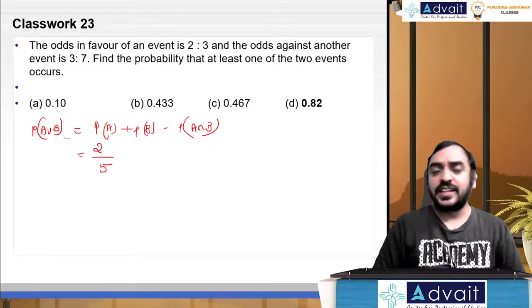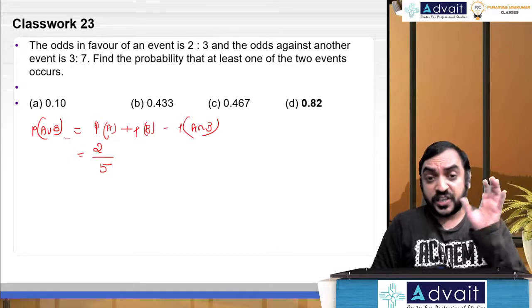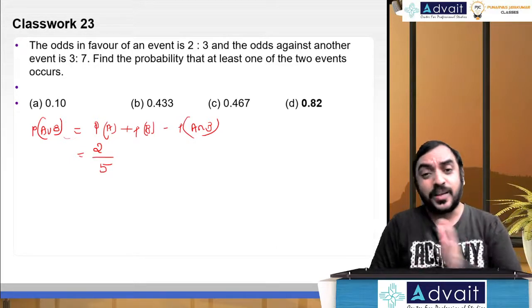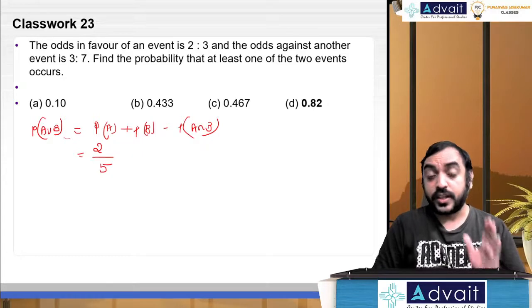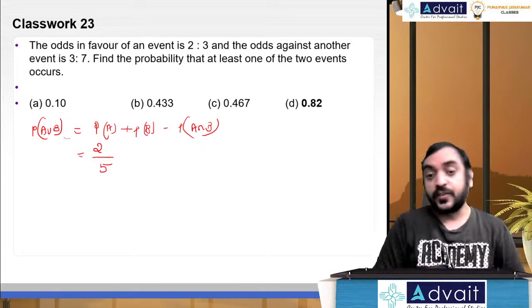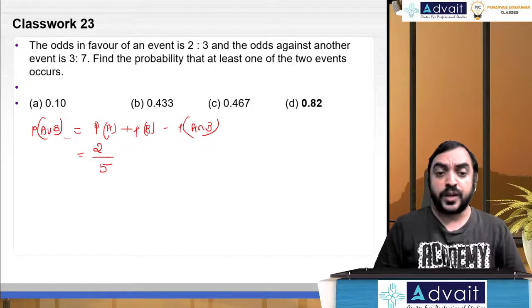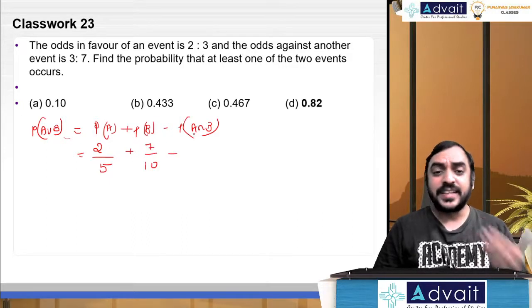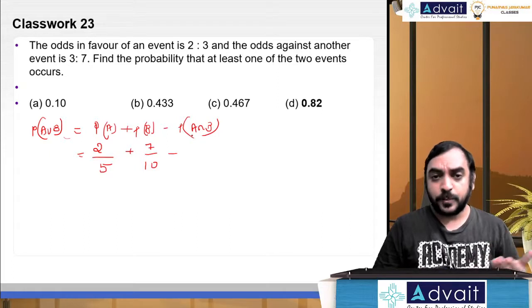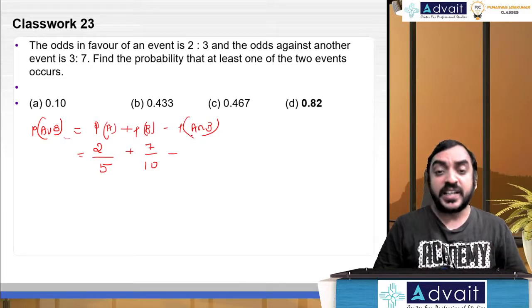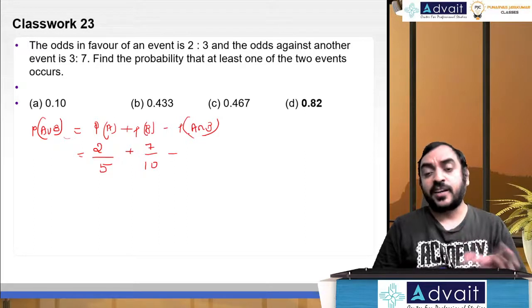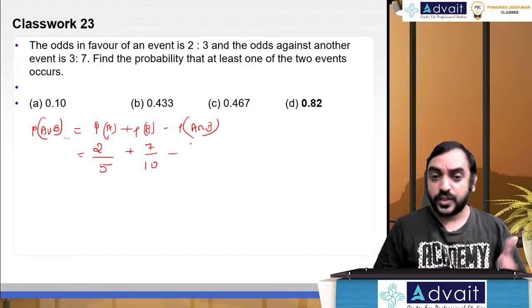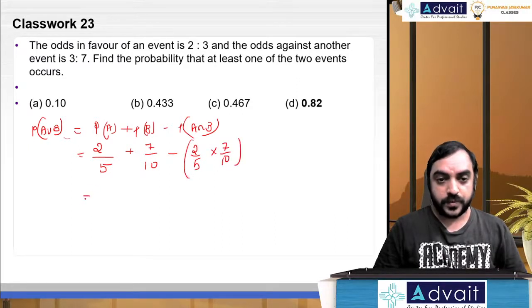Odds against another event is 3 is to 7. Odds against means the first number is against, second number is favorable. So we need the second number, which is favorable, which is 7 by total possibility 7 plus 3, which is 10. Minus intersection. When nothing is given, the two events will be taken as independent events and the intersection can be calculated by multiplying the probabilities. So 2 by 5 into 7 by 10, and that will give